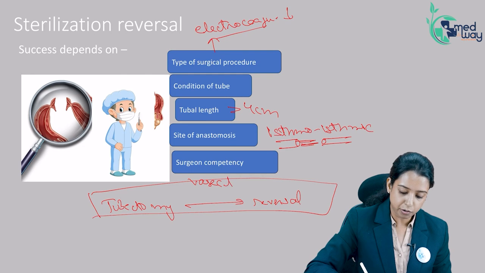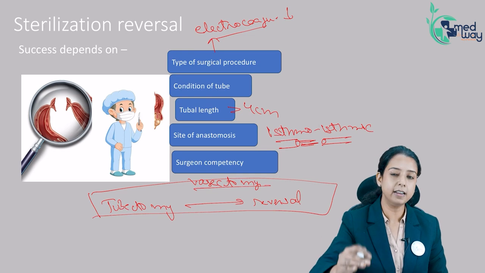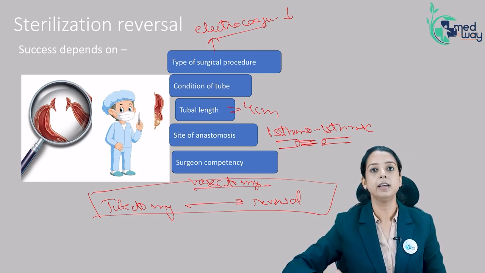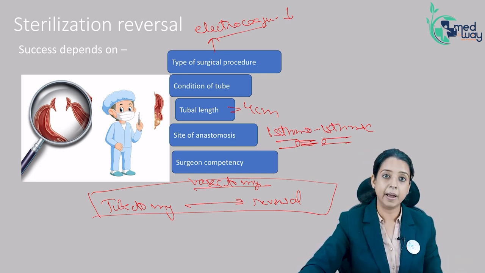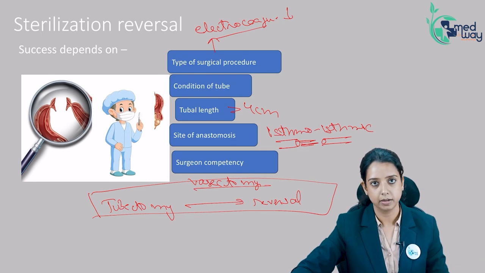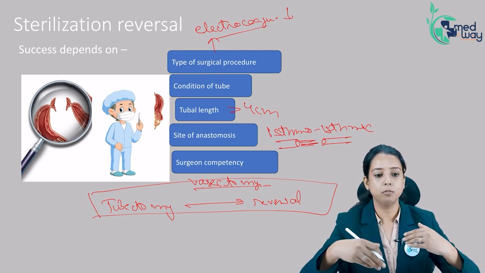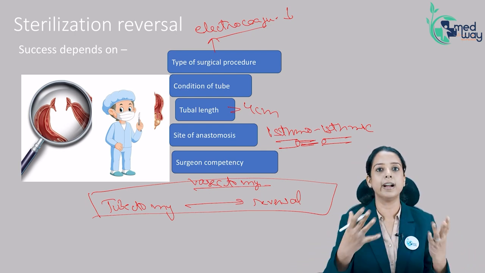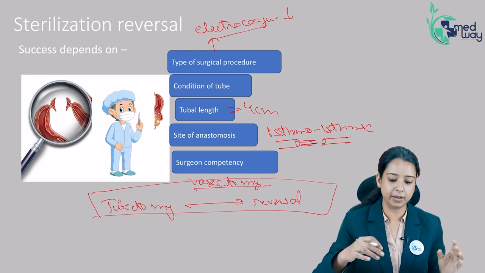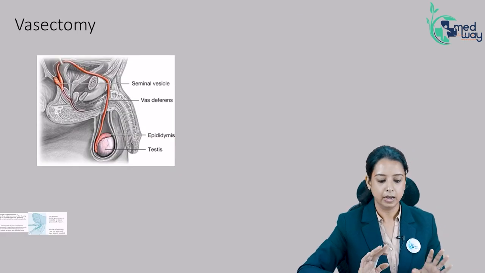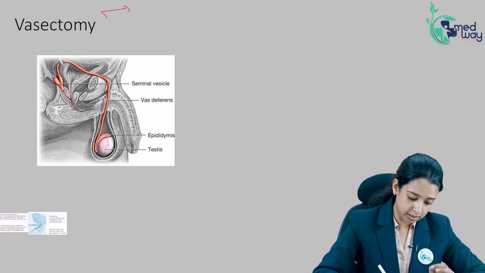In vasectomy, if you are doing a reversal, you have to ask when the vasectomy was done. If it was done 10 years back, you have to tell them the reversal rates are very low. But it is not true in tubectomy. Why in vasectomy? Because men tend to form anti-sperm antibodies. And the more time has passed, the more antibodies, and there are more chances that as soon as you do the reversal, more antibodies will be formed. That is why the failure rates are high. So it is time dependent, whereas tubectomy reversal is not time dependent. Learning about vasectomy, vasectomy is another permanent method. It is more efficacious.